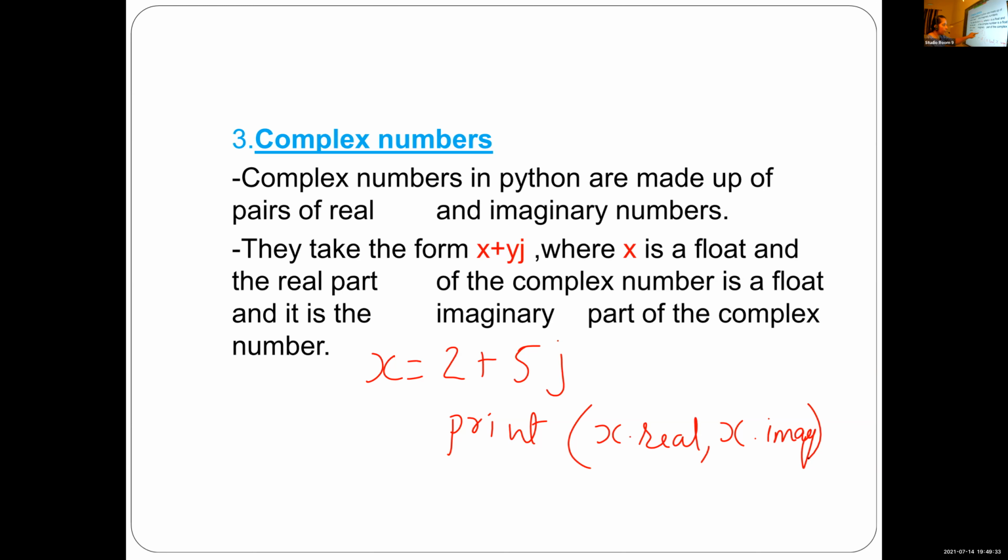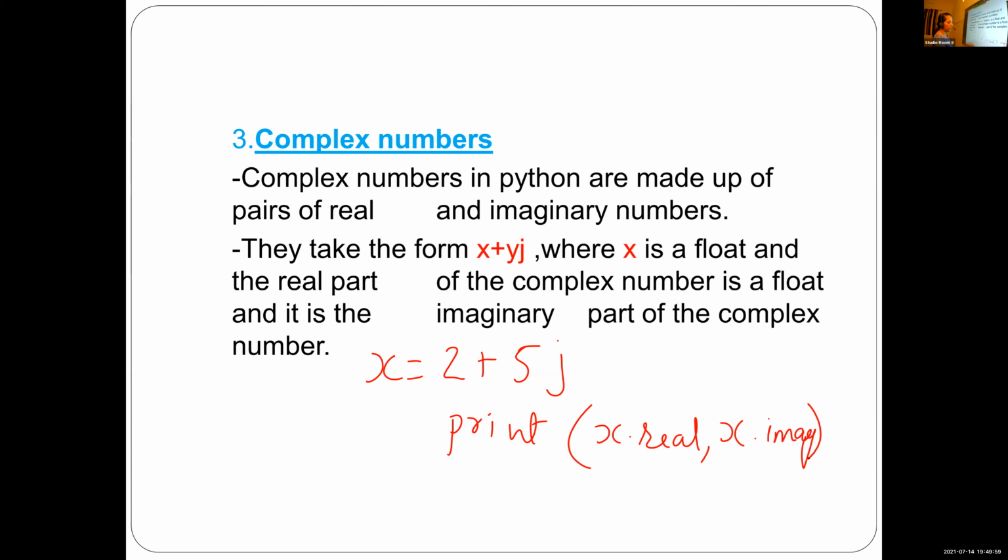If I want to print 5, I will write x dot not imaginary, imag. For imaginary, there is only imag. So we'll write x dot imag. If we want to print real part of this complex number, I will write print x dot real. Then for imaginary part display, we'll write x dot imag.